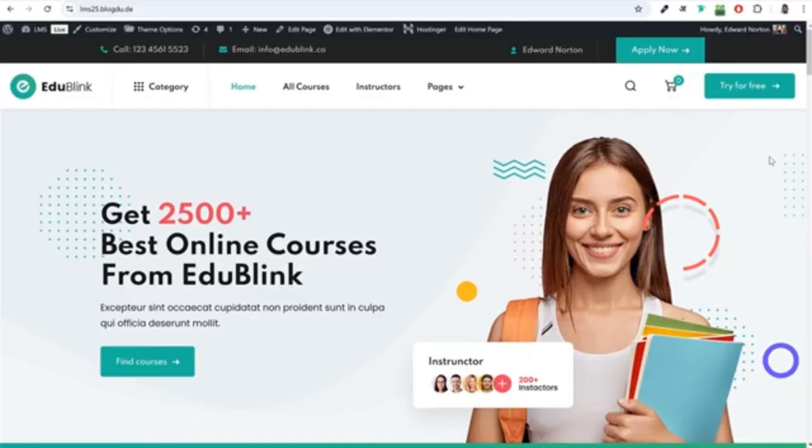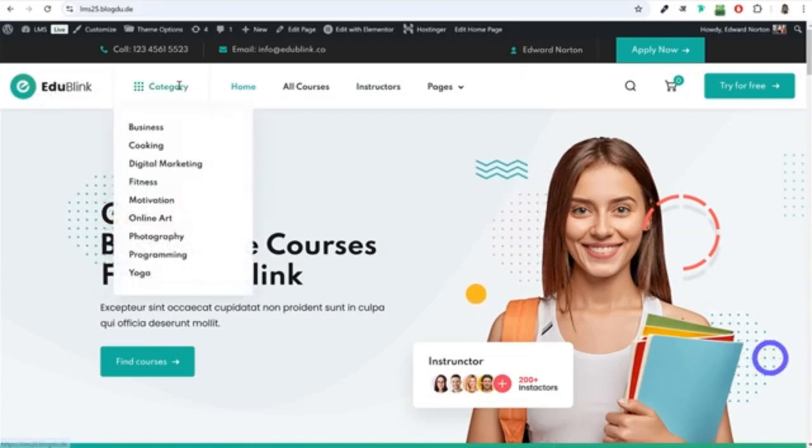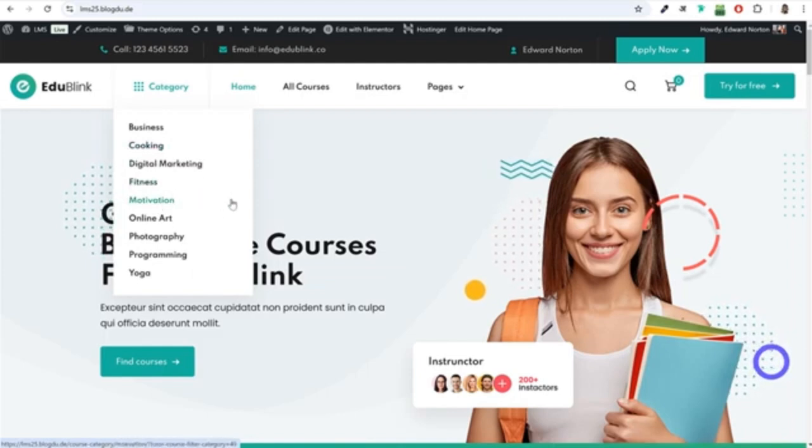Now in the front end page, you can see we have few more options. We have our header over here. At the left hand side, we have this logo. I'll explain you how you can replace this with your own custom logo. Then we have the categories option, different categories of different courses. If somebody wants to see courses on cooking, they can click on cooking. If somebody wants to learn motivational thing, they can select this thing. If somebody wants to learn photography, they can click on this photography course category and they can see all the